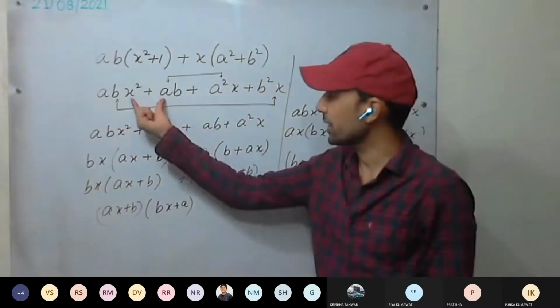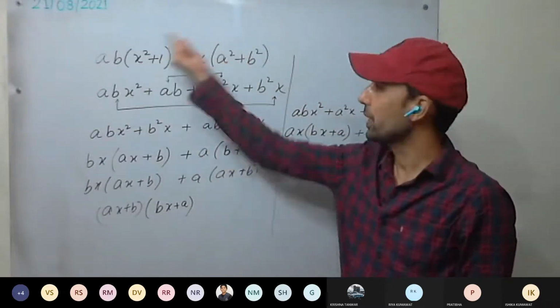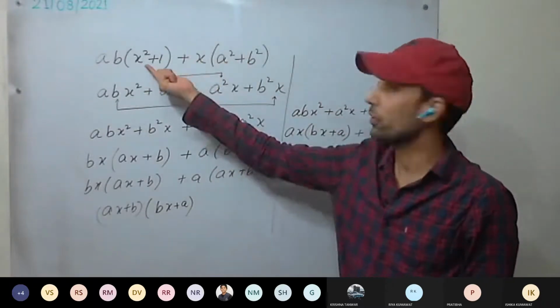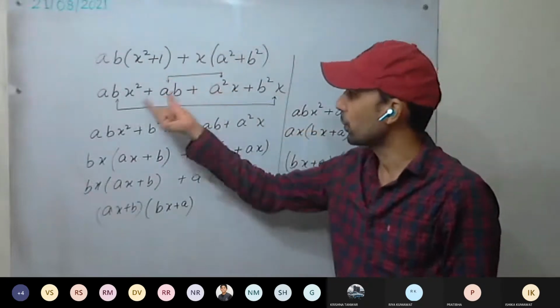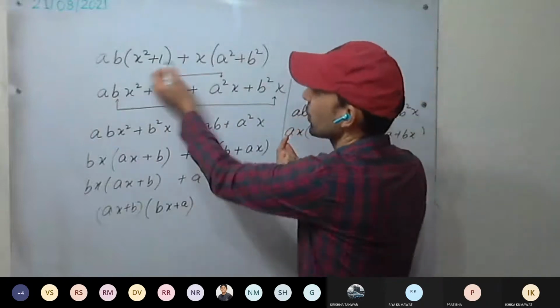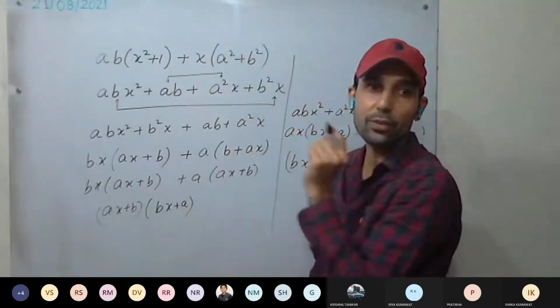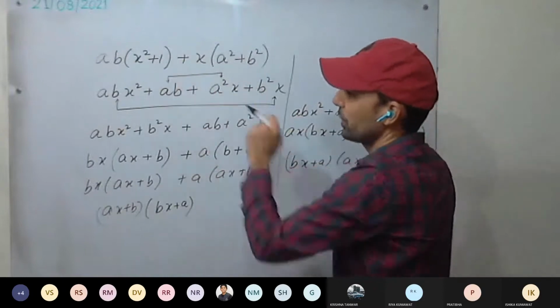But see, if we group first and second, third and fourth, we are going to get this. And further, we will get stuck here. It's a deadlock. We won't be able to factorize further. No common, nothing. So always check whether we are grouping them right or not. Sometimes, for example, this is the question, you have grouped like this and you end like this, it means you have grouped them wrong.